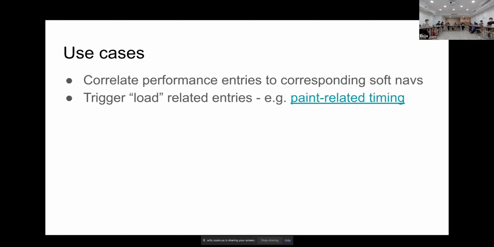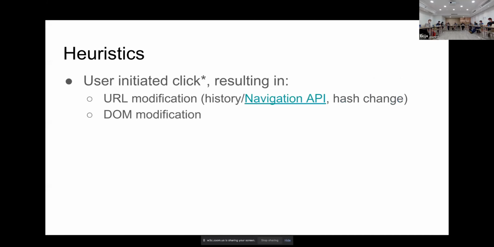And then beyond that, we want to be able to trigger load-related entries, so mostly paint-related entries, paint timings, on those soft navigations. So first paint, FCP, LCP. That's the main goal here. The heuristics, as a reminder, we have